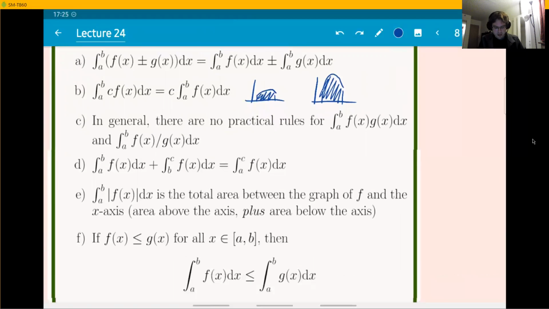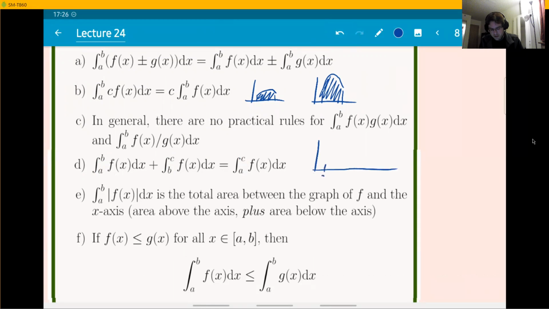Next property regards the endpoints of integration. If you have the same function f, looking at item D here, same function f in all the integrals here, you go from a to b and then from b to c, then that's the same thing as going from a to c. Very intuitive,